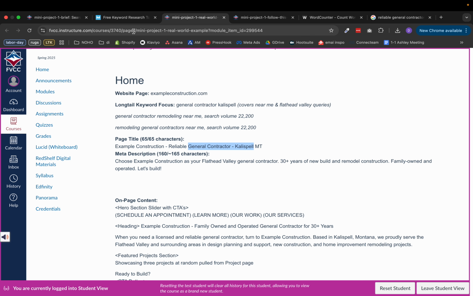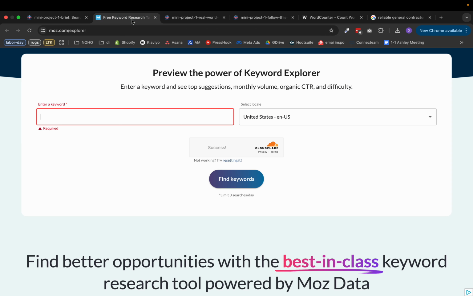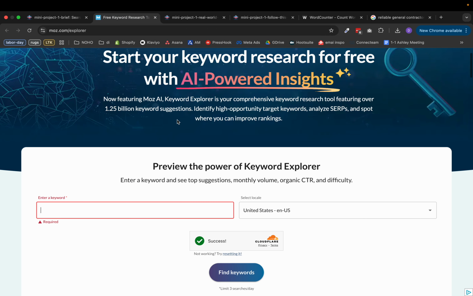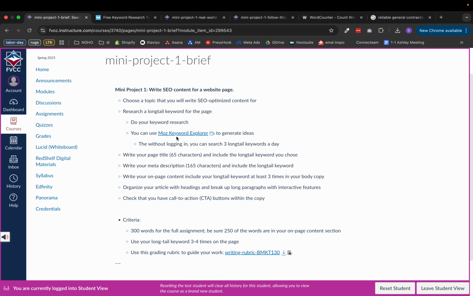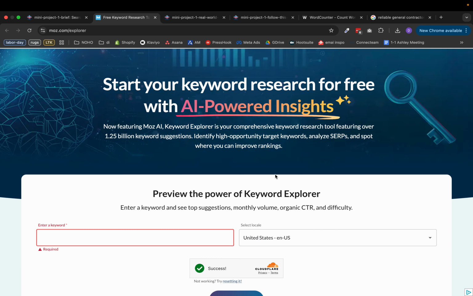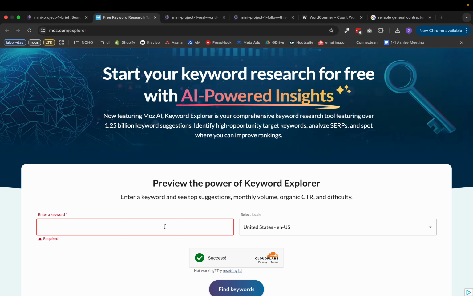So let's take a look at how we would use Moz to search our keywords. If we're in Moz, which the link is also in the brief, it's this link right here. You don't need to log in. You can just go ahead and get started. Right here, what you're going to do is type in the term. Remember when we were talking about how contractor is just a head term. If I'm looking at a head term like contractor, I'd want to make sure that I have more information and data to look at. So I want to look at something like general contractor